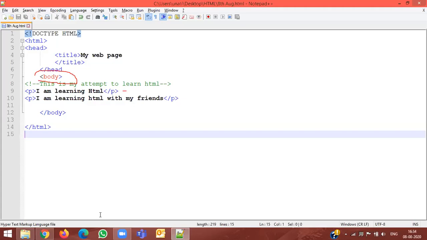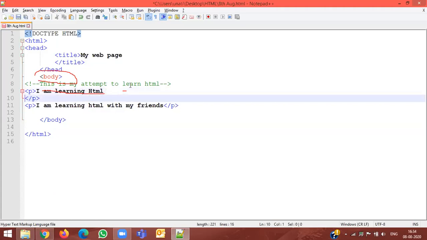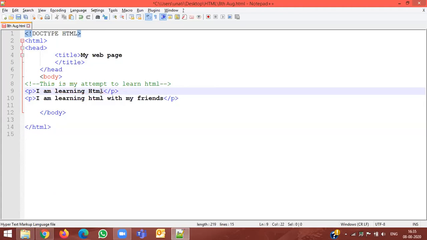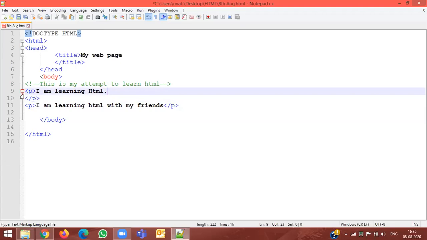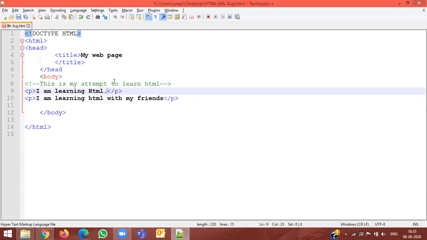Now let's do one thing, Karan. Can you write a lot of text inside this paragraph? I am learning HTML. I study in... just type a lot of text. Sir, should I also do it? Yes, yes, so that you guys understand why we are doing it. My name is Karan. I live in Mumbai. I like to do coding. Just write a lot of text.